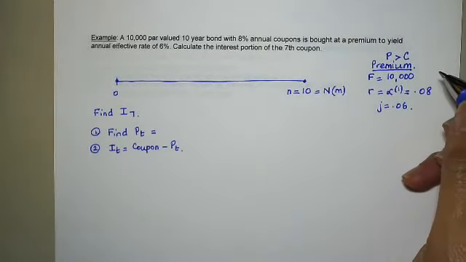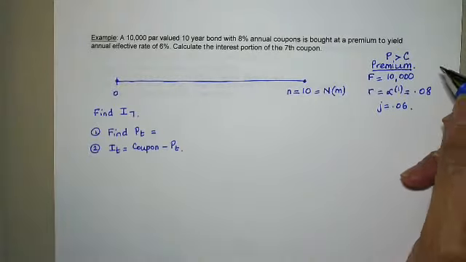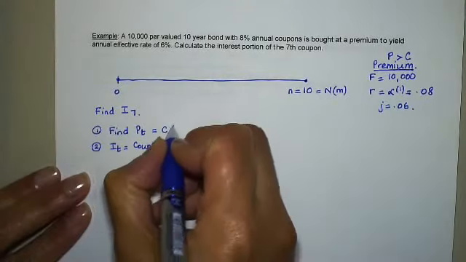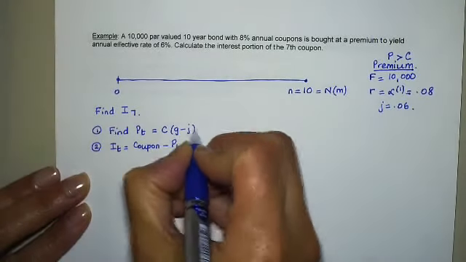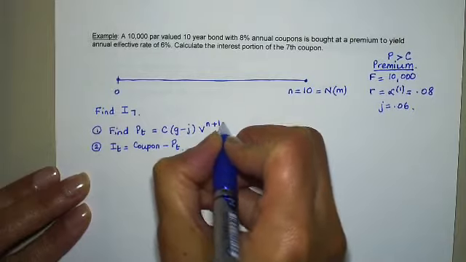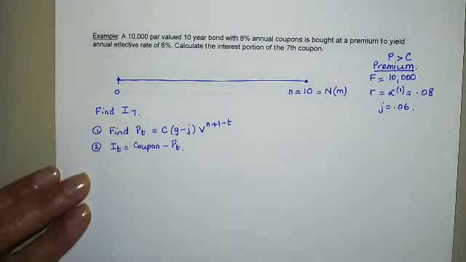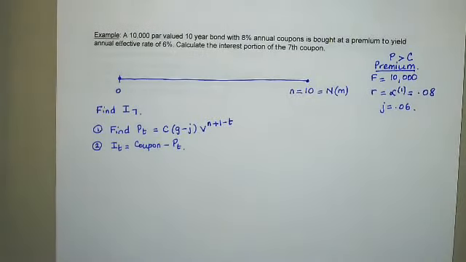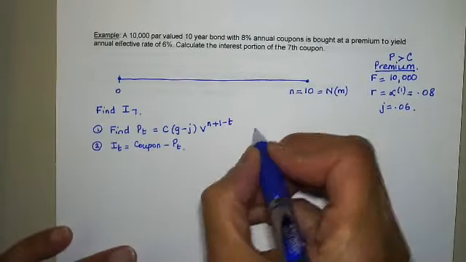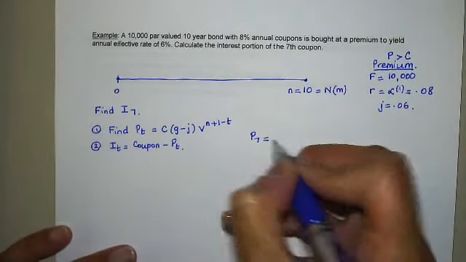It used to be Q V to the n plus 1 minus T in the old days when we talked about loans. So it's C, G minus J. Right. C, G minus J, V to the n plus 1 minus T. Okay, similar to the Q, V to the n plus 1 minus T formula. Okay, can we do it? Let's plug in. P7